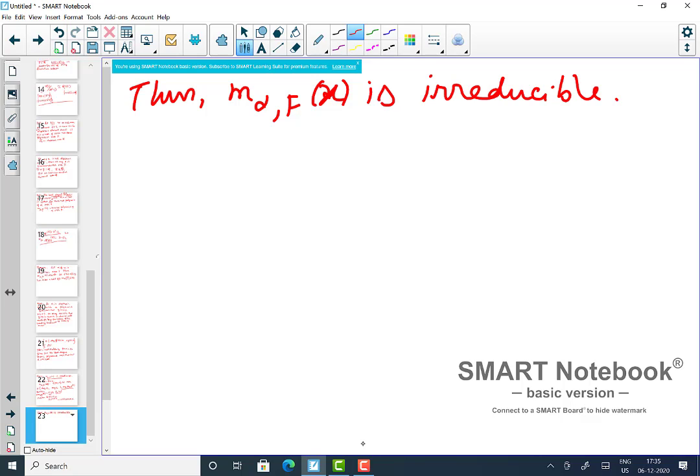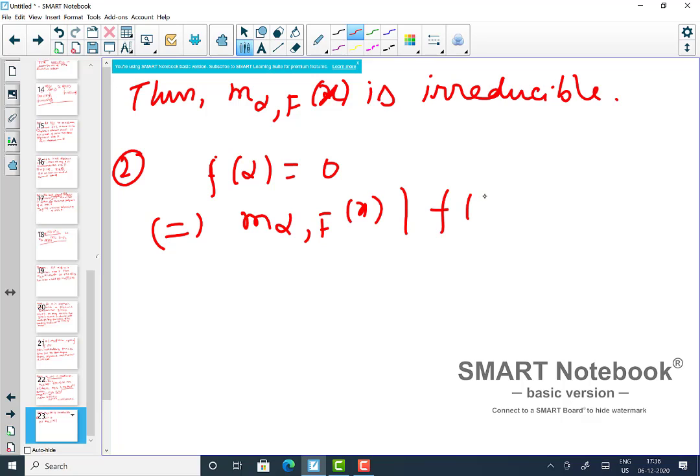and now I need to show the next part. What was the next part? The next part, part 2, was: f(alpha) equals 0 if and only if m_alpha(x) divides f, right? So the proof is also simple here. One part is obvious. So if m_alpha,f